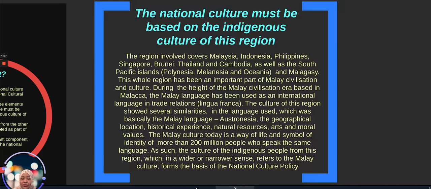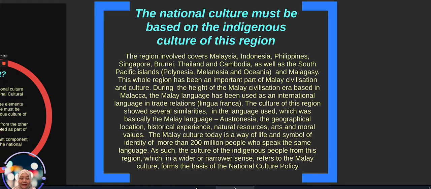Another term for this would be lingua franca. I believe that you have encountered the term lingua franca when you were in secondary school. The culture of this region shares several similarities in terms of the language used, with a little bit of variation. Basically the basis is the Malay language, and we have almost similar historical experiences. Most of us in the region were once colonized by imperial powers such as the British, the Dutch, and we also have the Spanish coming in to colonize, especially in the